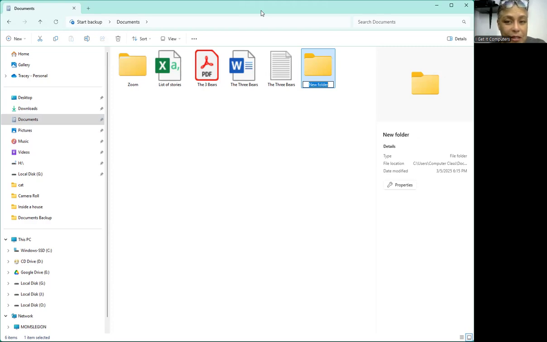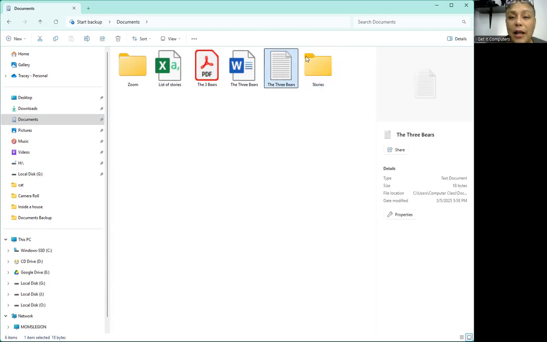I can tell because the name is highlighted in blue. I am going to just start typing the word Stories. And when I'm done, I'm hitting the Enter key. Now I have a new folder that is going to help me stay organized. These all have to do with stories, and I want to put them in this folder. I'm going to grab this file and move it over the folder,